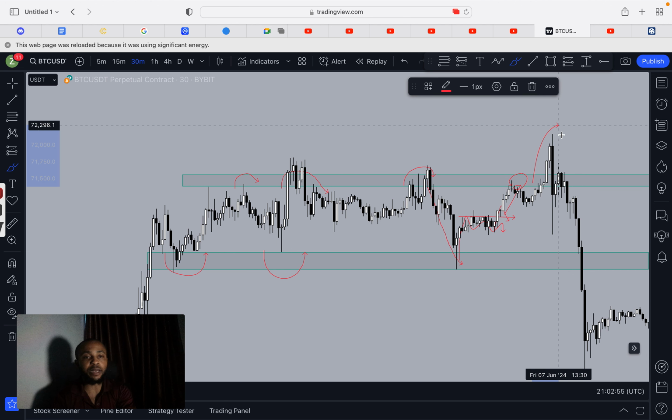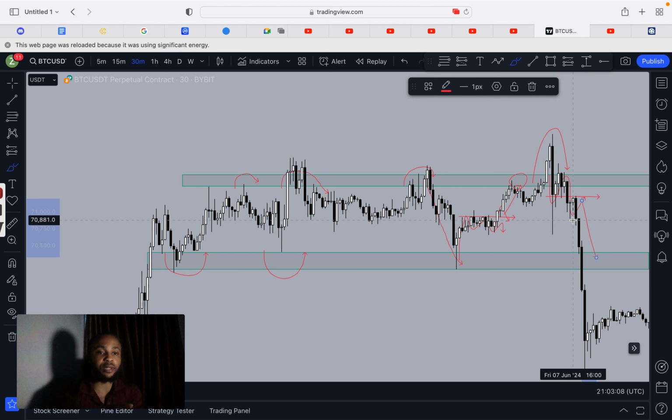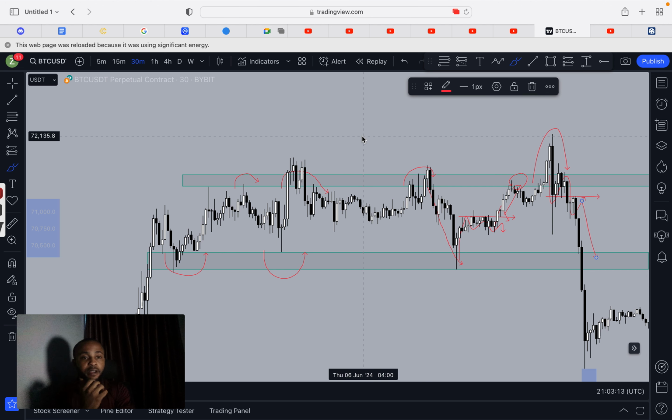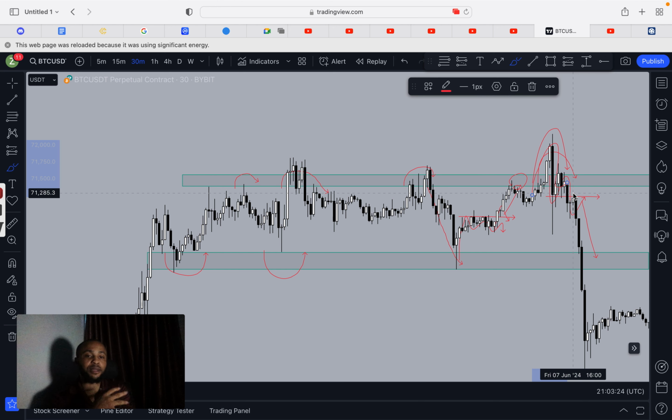Okay, and then we had this manipulation, right? Go back inside, you can see break and retest, and then we sold off into this low here. It's not really clear on this 30 minutes time frame, but you can actually understand what I'm saying now, right? You look forward to the support and the resistance level. Once it gets to the support here, look, we had this manipulation. Then you'll be looking for break and retest on the lower time frame. Do you understand? On the 5 minutes time frame or the 15 minutes, since this is a 1 hour support and resistance level.